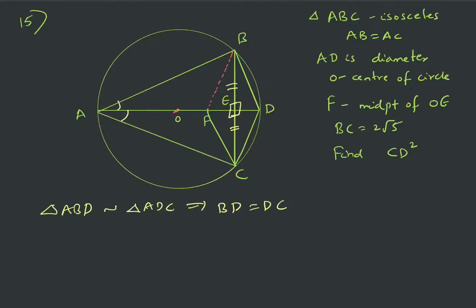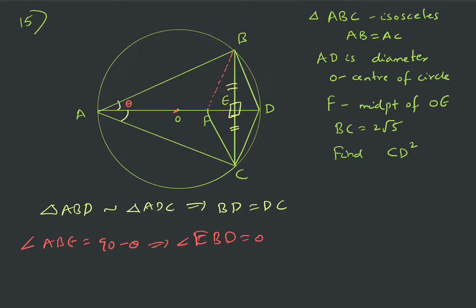Okay. So say this angle is theta, that is angle BAD. This is theta. Fine. So then what about angle ABE? This is 90 minus theta, right? Because this is 90, so this angle is 90 minus theta. Also, since AD is the diameter, then this angle ABD is 90. Okay, so if this is 90 minus theta, then this angle is again theta. So this implies angle EBD is theta.